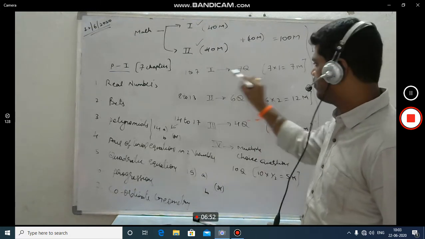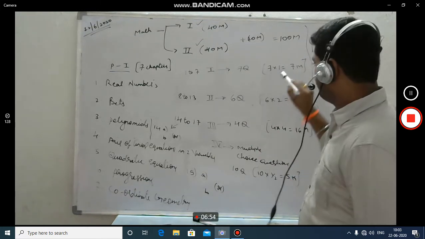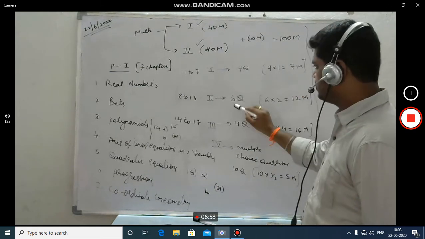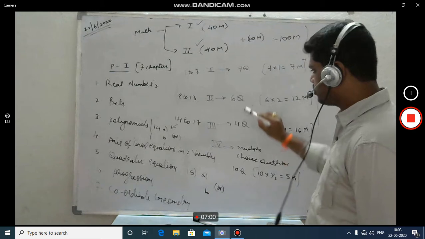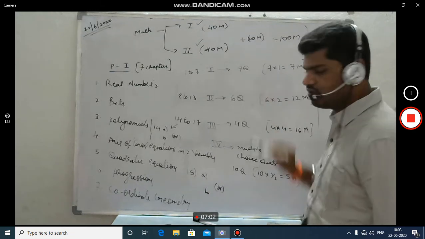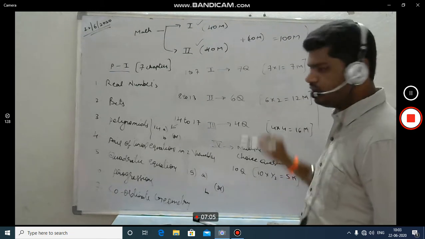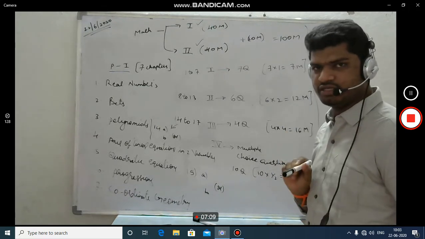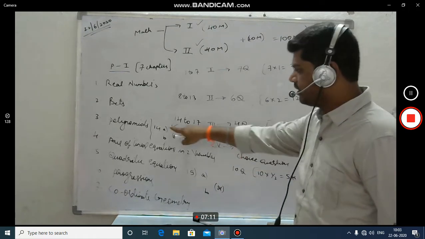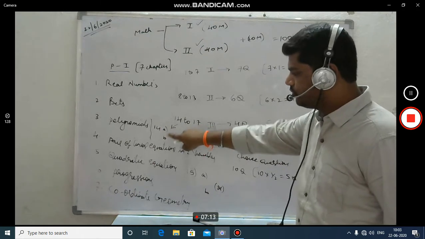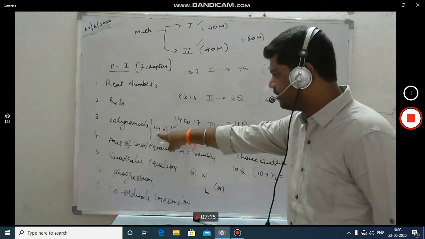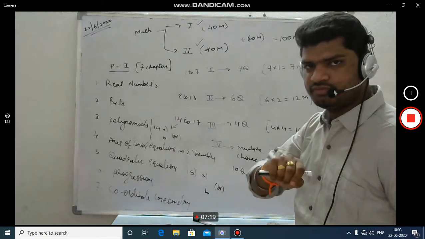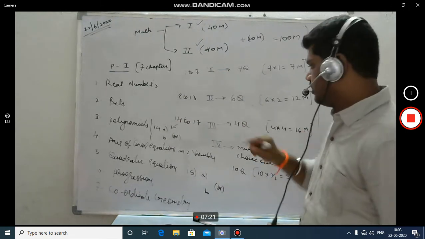Section 1 consists of 7 questions which carry 1 mark each, and it is 7 marks. Section 2 consists of 6 questions. There is no choice in section 2. Even in section 1 we don't have any choice. Section 2 carries 2 marks each. And in section 3 we have internal choice. I already told about internal choice. Each question has 2 choices. That means for question number 14 you have A and B. Out of A and B you need to attempt only one question. That is called internal choice.